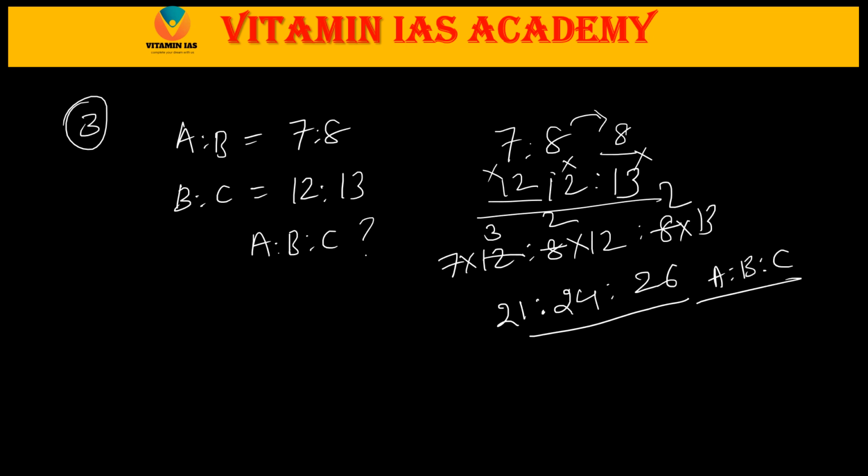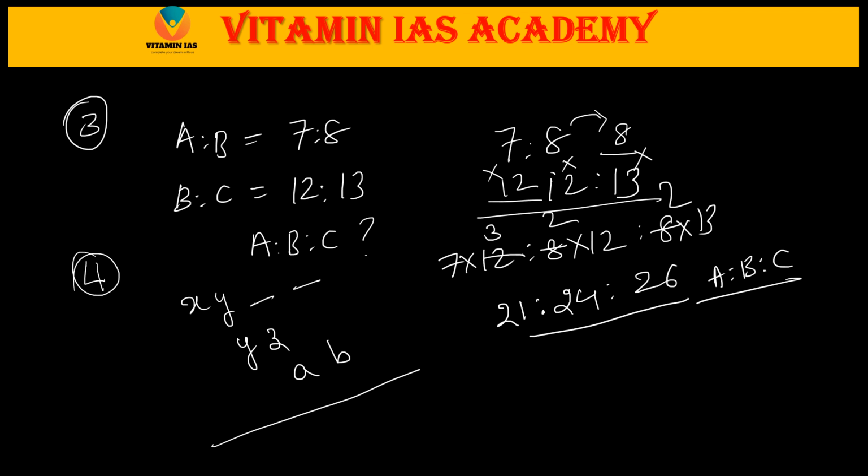Simply we can say this, and if you want to know, this is useful for 4 parameters also, like A is to B is to C. For example, X, Y, Y, Z, A, B. For example, they are saying that X is to Y, Y is to Z, A is to B. If you want to solve X is to Y is to Z is to A, then this is also vacant, this is also vacant, am I right? This is vacant and this is vacant and this is vacant. Simply adjacent values are there, Y, you have to transfer these values, Y Y Z, and A is an